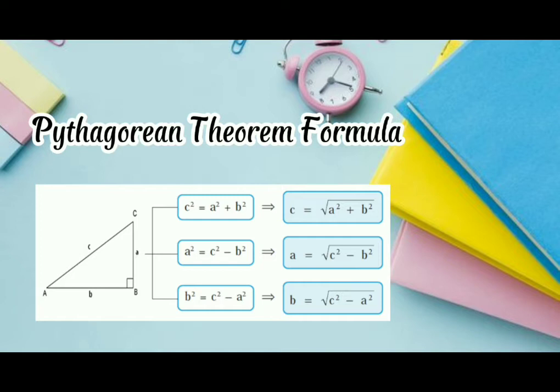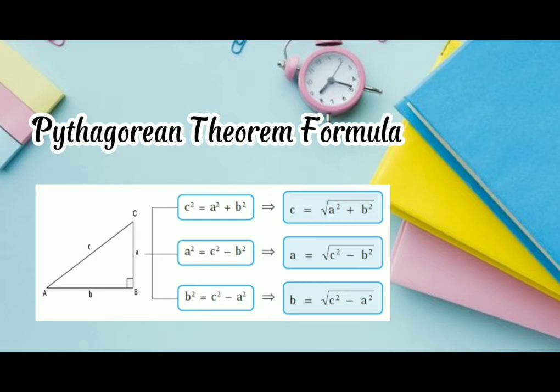And for the upright side, A squared equals C squared minus B squared, or A equals the square root of C